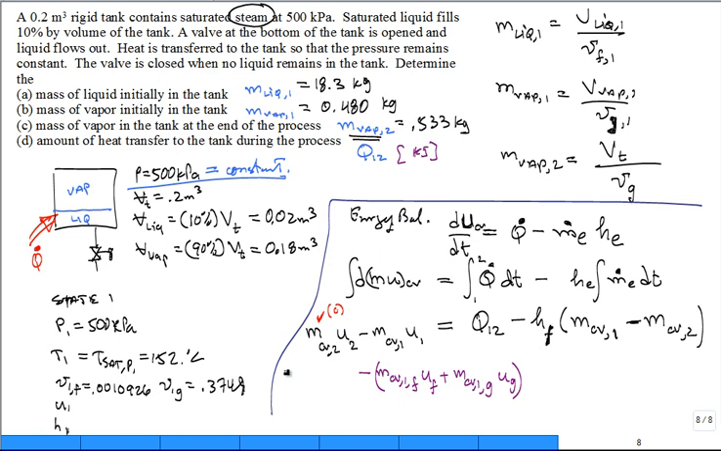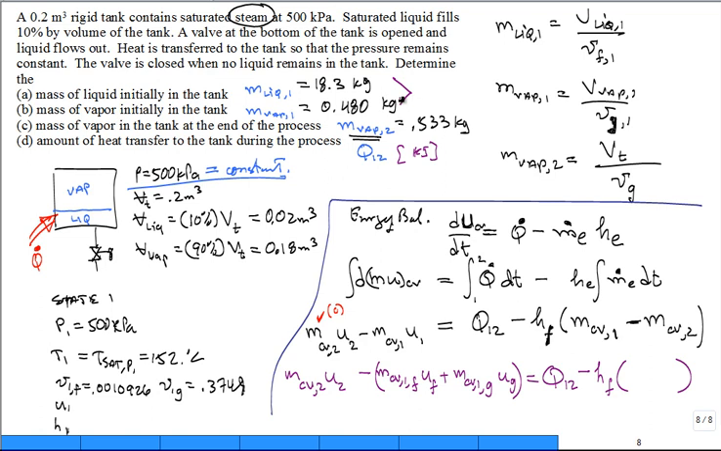This is the mass in the control volume at state 2, u_2, equal to what I'm looking to calculate, Q_1-2, minus h_F times that change in mass. That's the mass that exited. It started with so much mass in the control volume. The sum